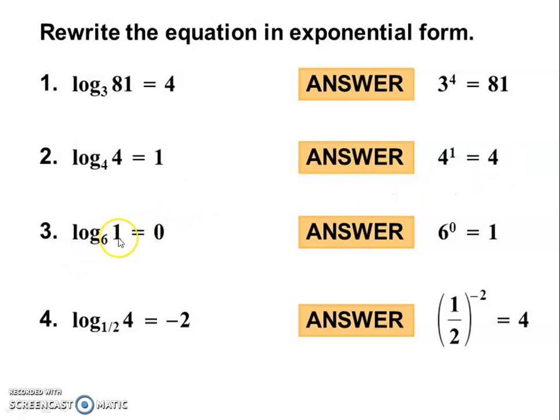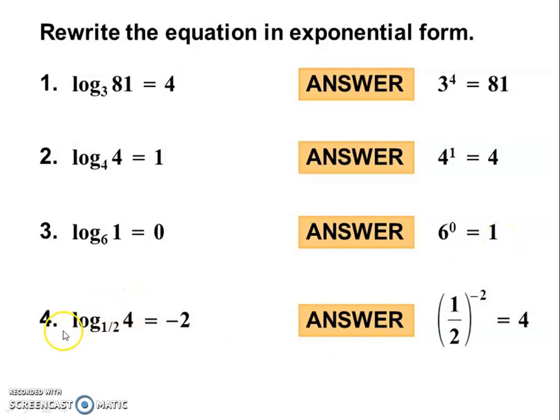We take log of 1 to the base 6 equal to 0. So we convert it into exponential form. How? First remember that you should write the base here. The answer you should write in the index, that is 0, and it is equal to 1. We know that any number raised to 0 is always 1. So it is verified that it is equal to 1. So how do I convert log 1 to the base 6 equal to 0? You should write base 6 raised to 0 is equal to 1.